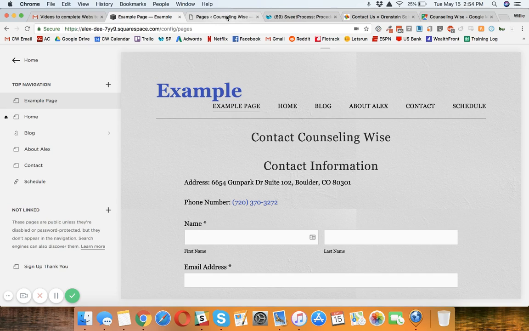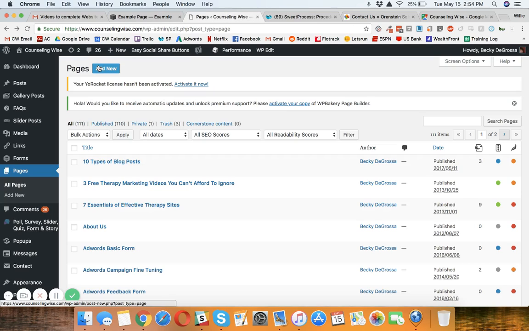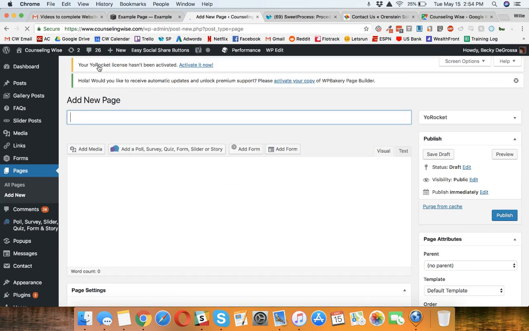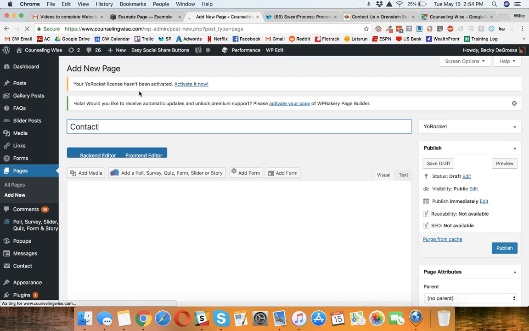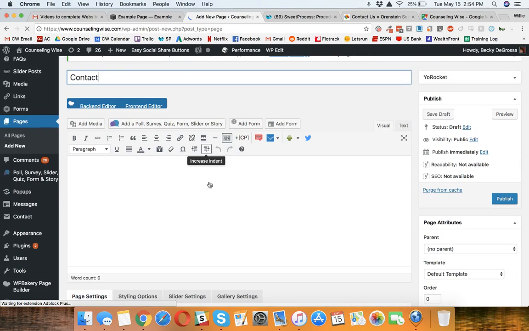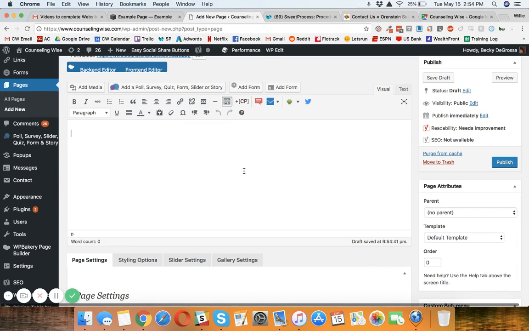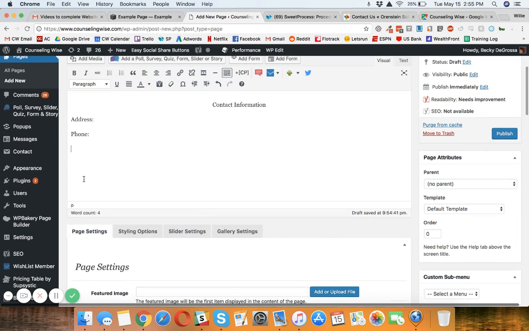Now, for WordPress, it's very similar. All you have to do is create a new page, title it contact, and in the visual editing of the contact page, you're just going to want to plug in all the same information. Contact information, address, phone. It's going to be a very similar process